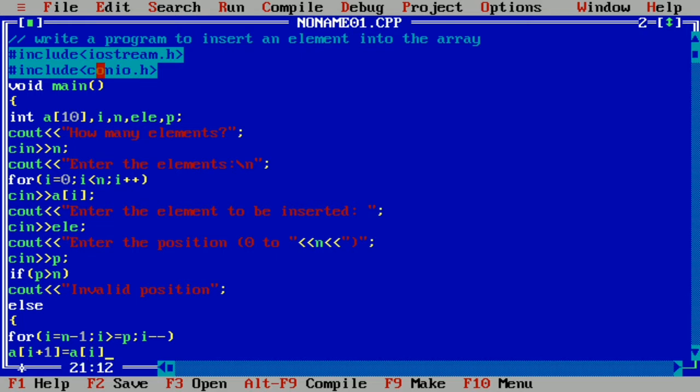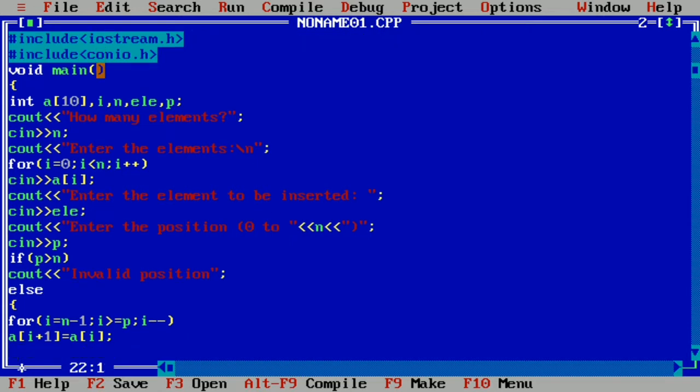So this particular statement indicates that we are moving the lower order elements to the higher order elements by making some space for the new element that is to be inserted.